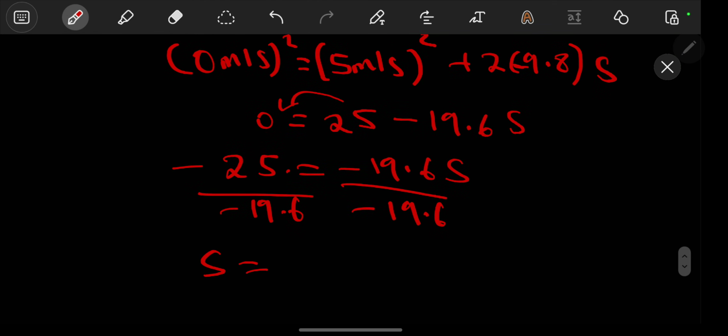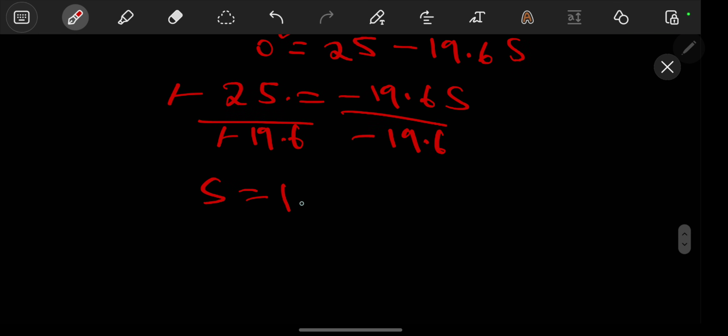Our s value shall be equal to, this negative and this negative cancel each other, so we are going to have 25 divided by 19.6. We are going to have a value of 1.28. So 1.28 meters. So this is above the